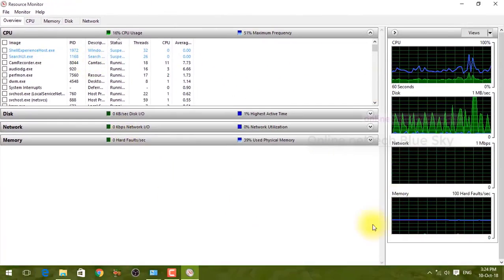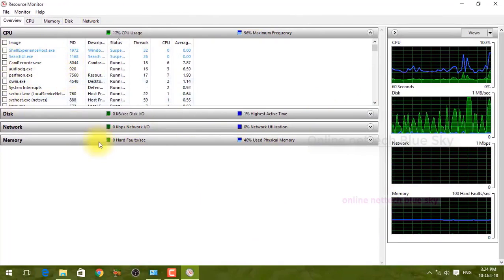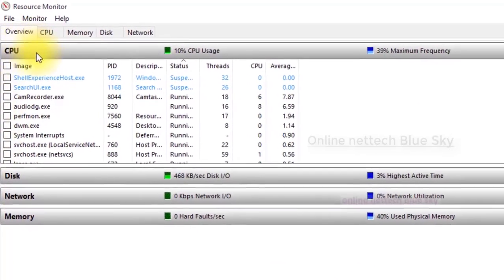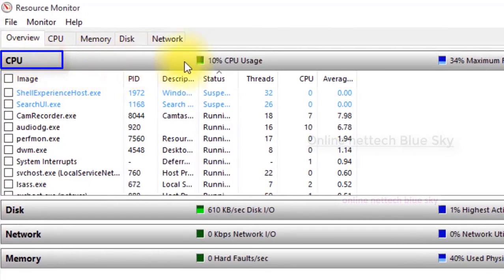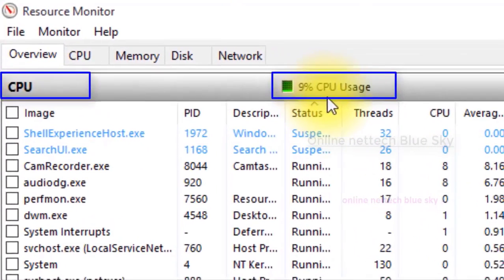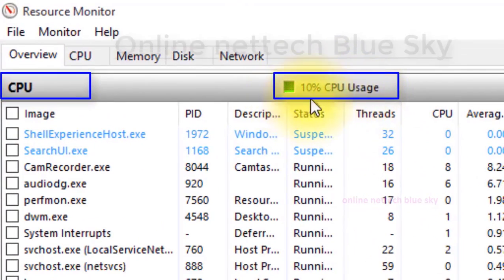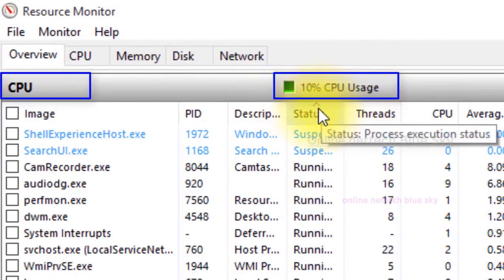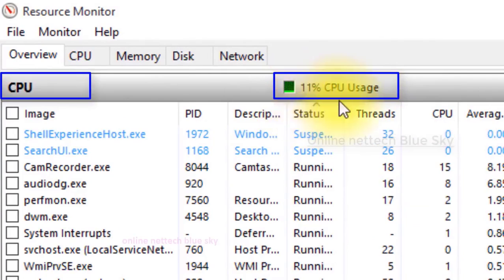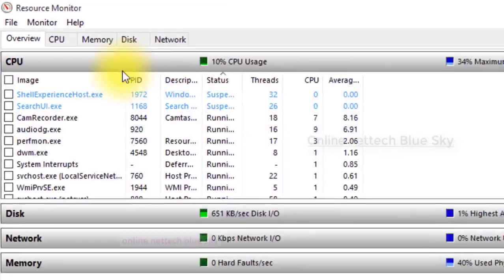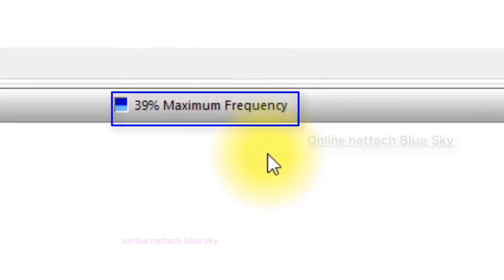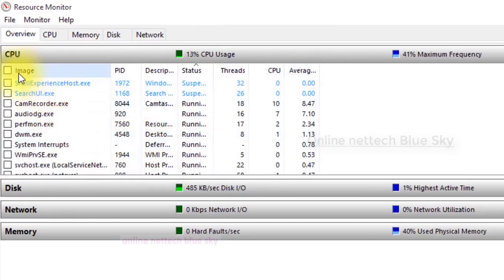Resource monitor means you check your performance, your main systems, everything small to small: your services, programming files, and process files. And how much you are using, you can see here CPU usage. It is very important, and the maximum frequency you can see here. What the maximum frequency is, I will discuss in the video.